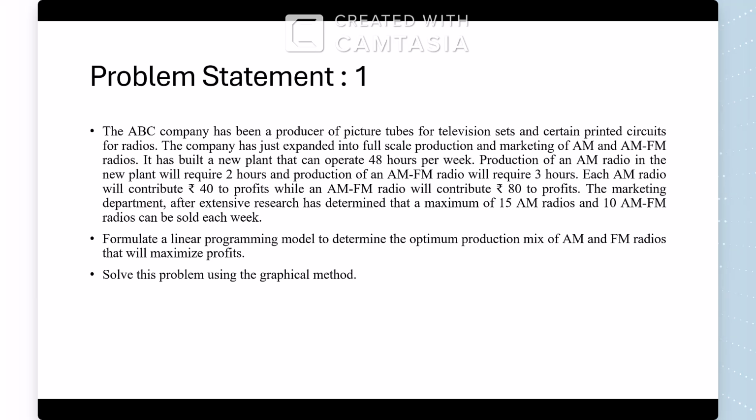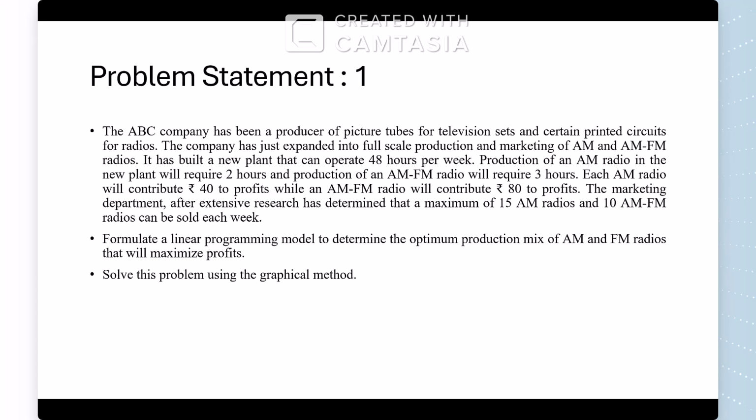It has built a new plant that can operate 48 hours per week. Production of an AM radio in the new plant will require 2 hours and production of an AM/FM radio will require 3 hours. Each AM radio will contribute rupees 40 to profit while an AM/FM radio will contribute rupees 80